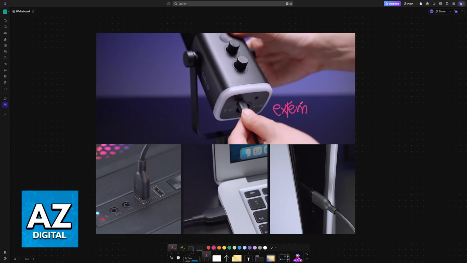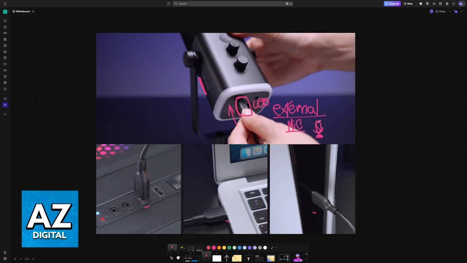There are various different options available out there. You can find some extremely cheap ones or other budget options like this Fifine one, which is the one that I'm using in this video. All that you have to do is plug them in using a USB or XLR cable. So you plug one end of the cable into the microphone and the other end goes into your PC, laptop, or any other compatible device like a console. By doing this, you will have access to the external microphone and you can hear the audio from your headphones.